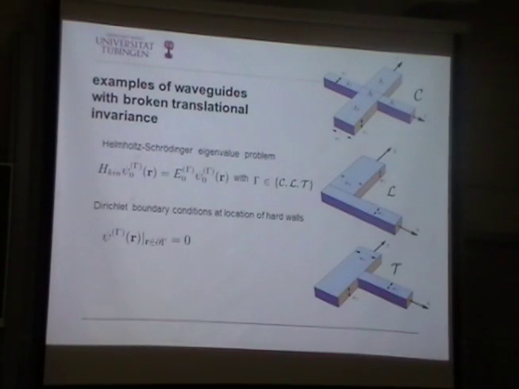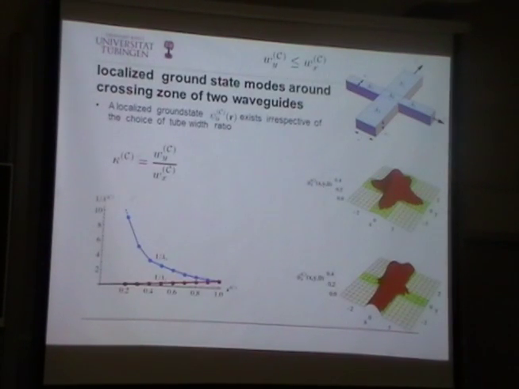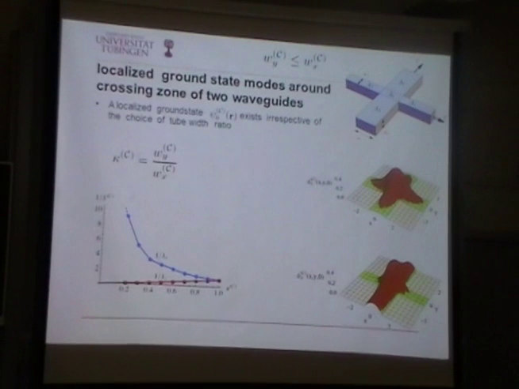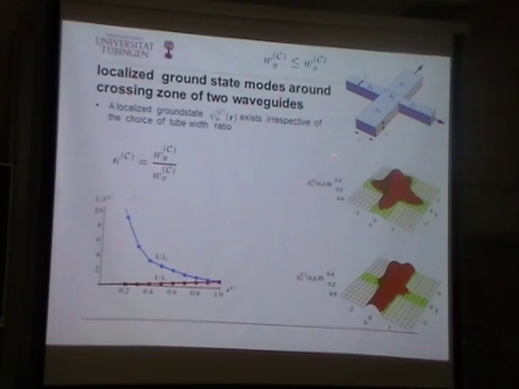Okay, now I give you some examples of waveguides with broken translational invariance across L and T. Such are simple prototypes. And the modes that you can find, which determine the ground state here, are in the energy below the excitation threshold, and they are sitting around this crossing. And you wonder, how is it possible that I get a trap confined to a localized mode, although I don't have a potential, with translation invariance along this axis and then on that axis. And furthermore, for any width ratio, dy over dx, you obtain correspondingly localization in the cross, but it's always